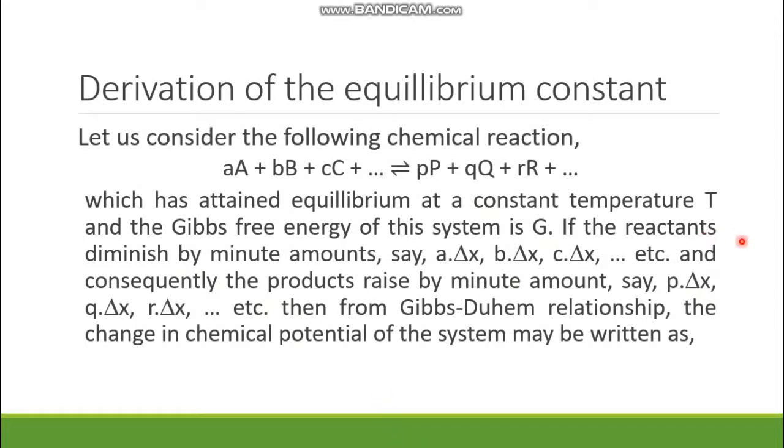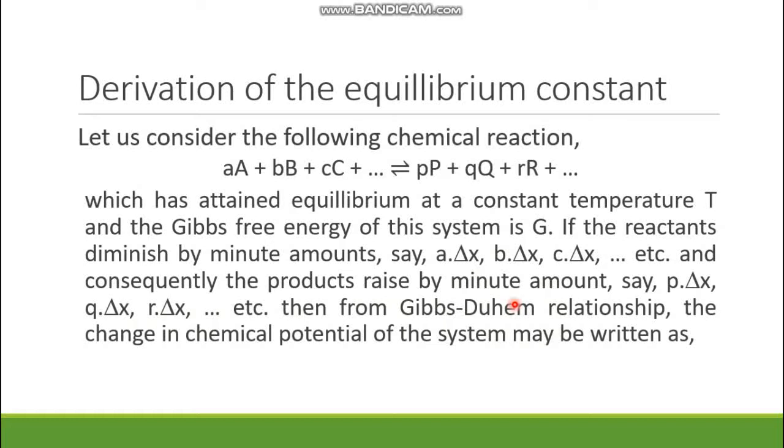Say p into delta X, where delta X is the proportionality. At this proportion all the reactants are decreasing and the products are increasing, and their respective numbers of moles are multiplied with delta X. So p into delta X, q into delta X, r into delta X are the amounts by which they are increasing. Then from the Gibbs-Duhem relationship, which you know from the chapter Application of Thermodynamics in the previous lectures,